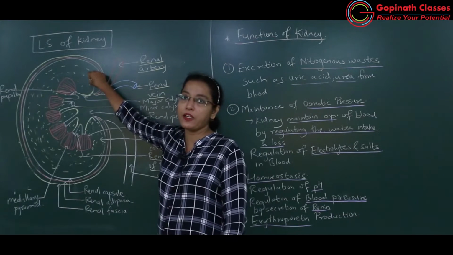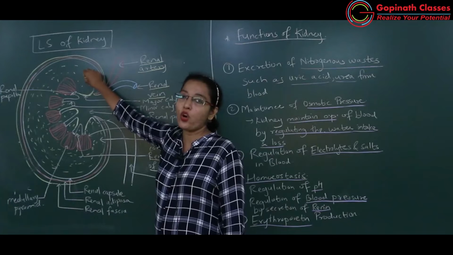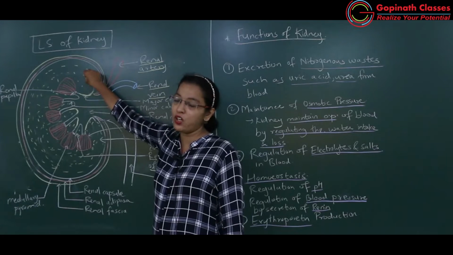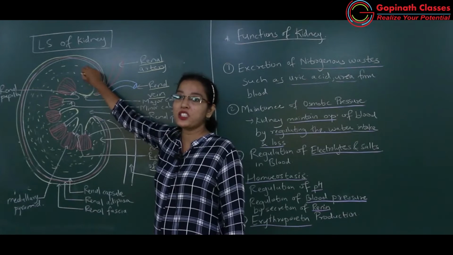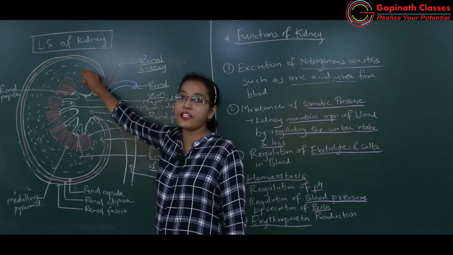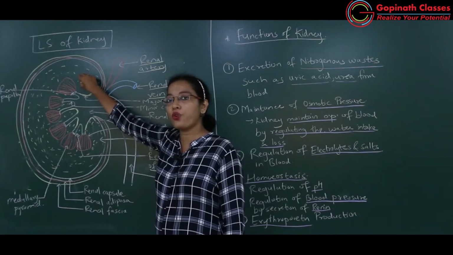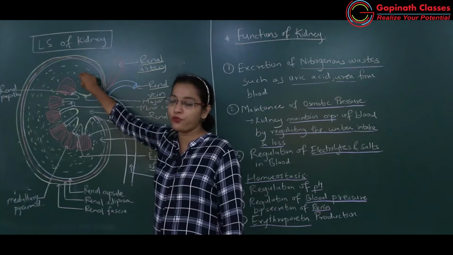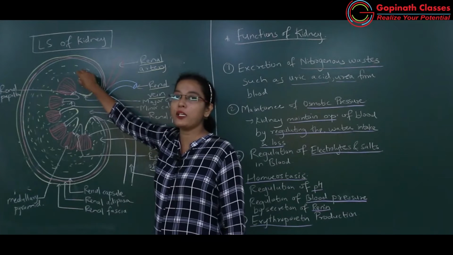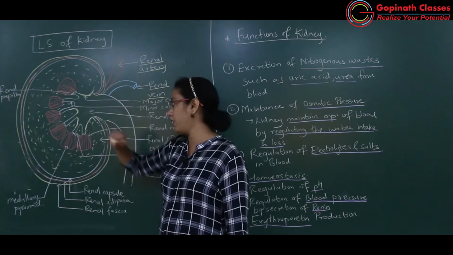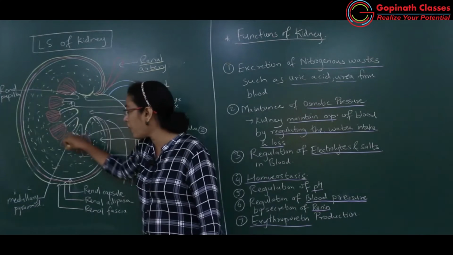I have already explained you why these coiled parts will give red color to the cortex. Okay, so we'll just quickly revise what is that. Renal cortex is dark red in color because it is having nephron parts. Which all nephron parts are there? Malpighian body, PCT and DCT, wherein this is the medulla part.